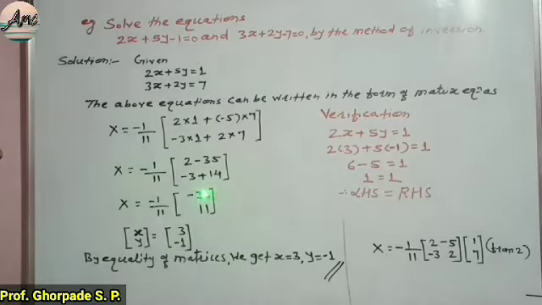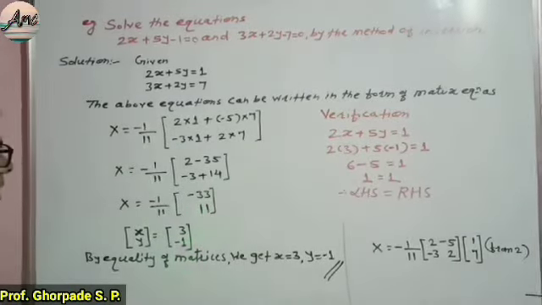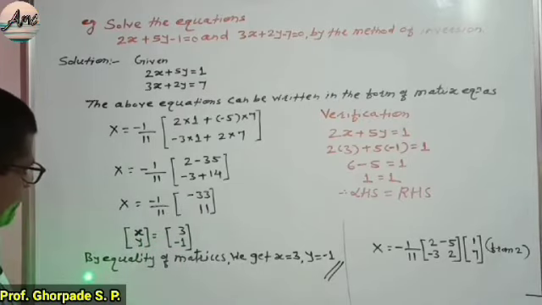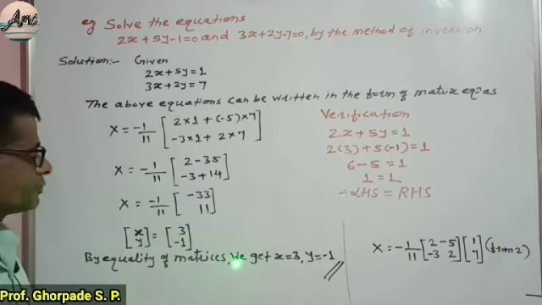Minus minus becomes plus, 33 upon 11, 11 3s are 33, so 3. And minus plus becomes minus, 11 1s are 11, so minus 1. Now on the left hand side one matrix is there, and on the right hand side one matrix is there, with the equal to sign in between. That means these two matrices are equal. So by equality of matrices we get